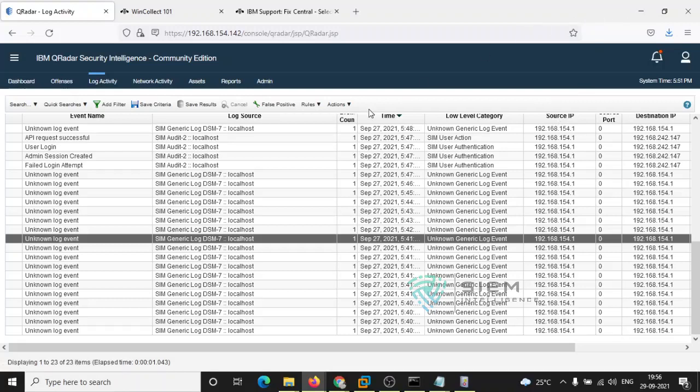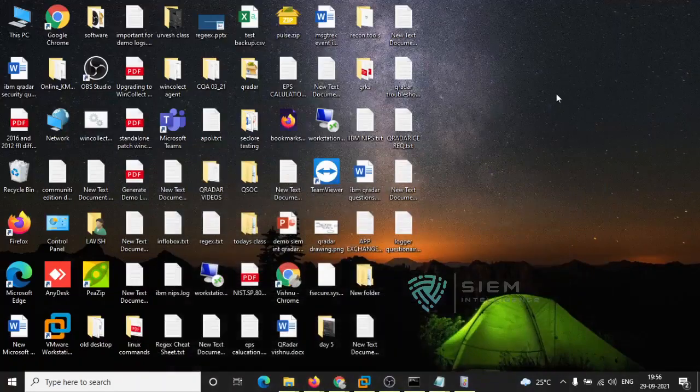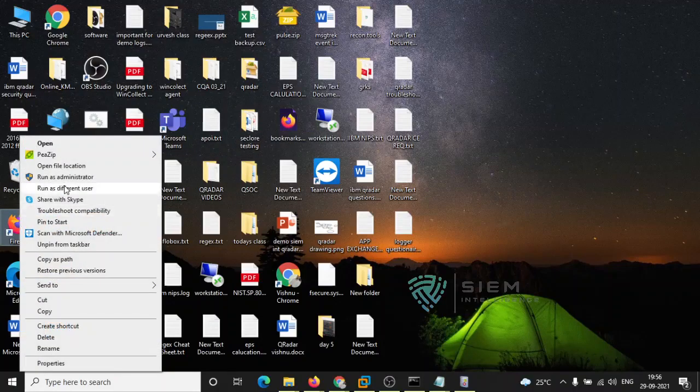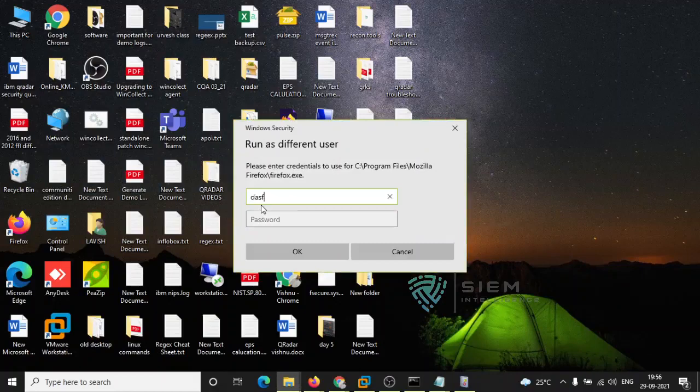To make QRadar understand that this is a log of Microsoft, we need to create more logs. As this is a basic system, it generally doesn't create many logs. So what will I do? I'll create some logs by failing some activities.